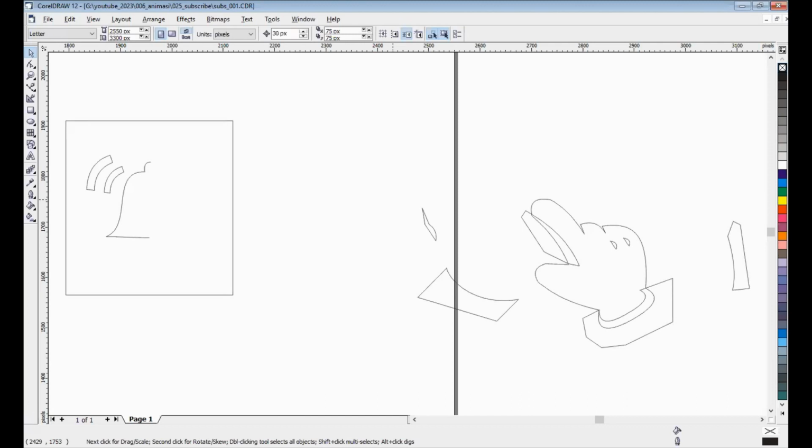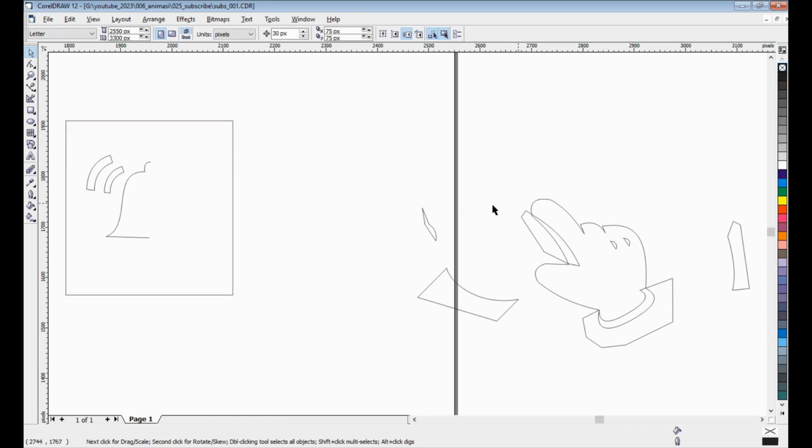Okay, let's try to learn how to create a subscribe button. I create it on CorelDRAW, and this is the result of plagiarizing another image.